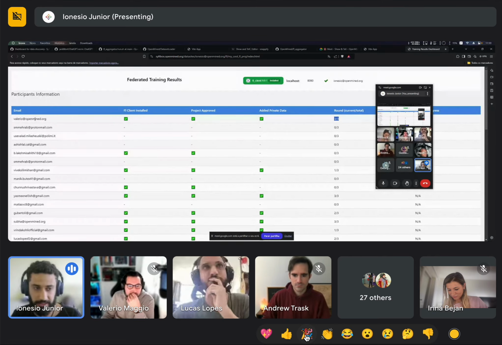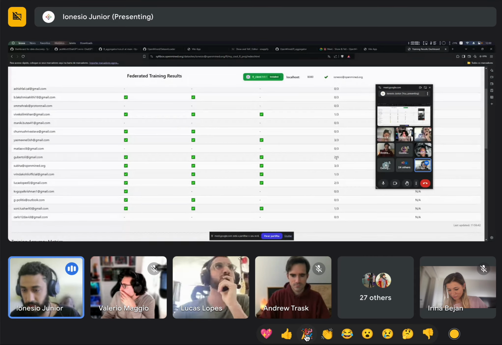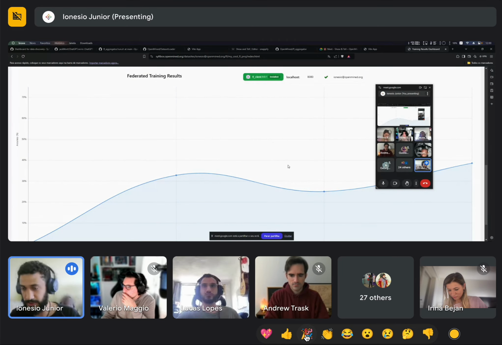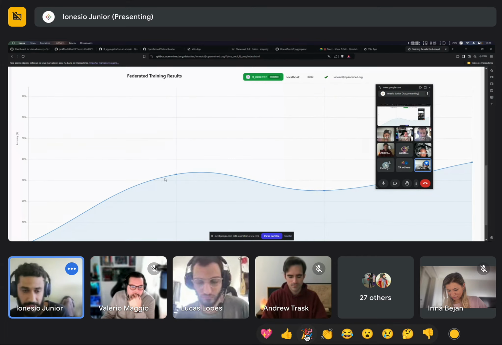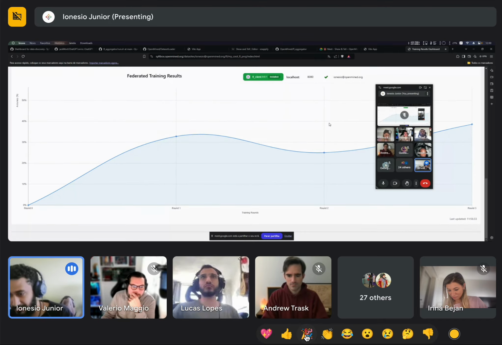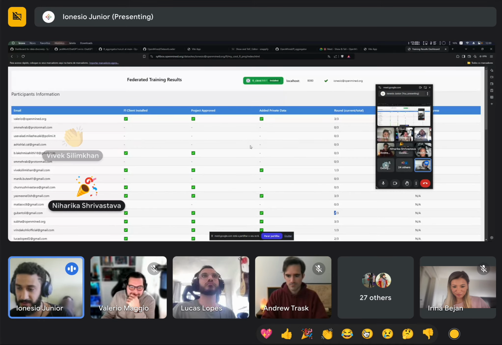For example, here Valerio completed all 3 rounds, and there are people who are still in the second one. The cool thing is, since we only put 2 or 3 different labels, it was expected for the dataset to have a poor performance. But you can see that it's actually running. Of course, I did some tweaks, so something can be going wrong outside, but it seems to be working.